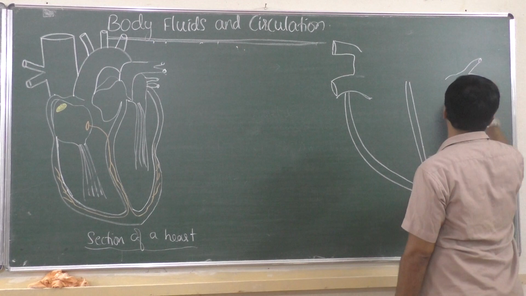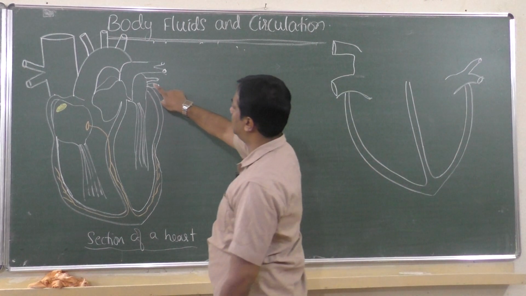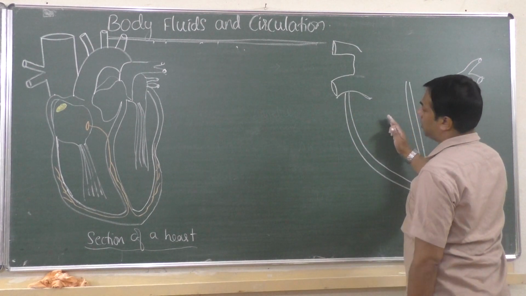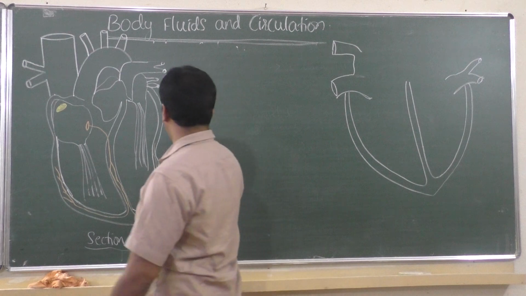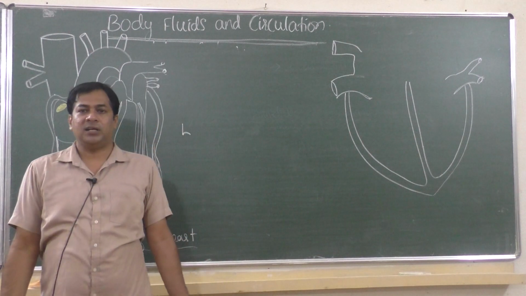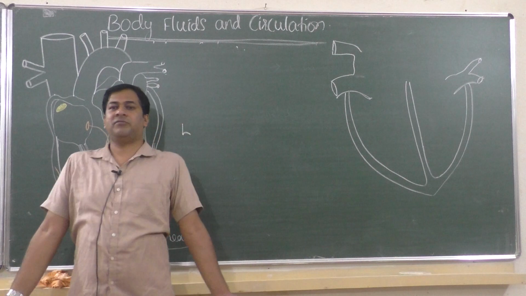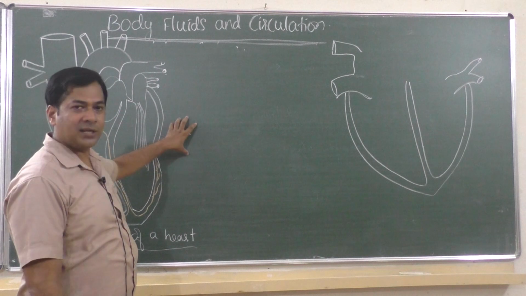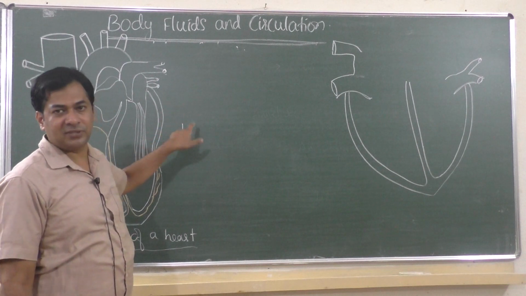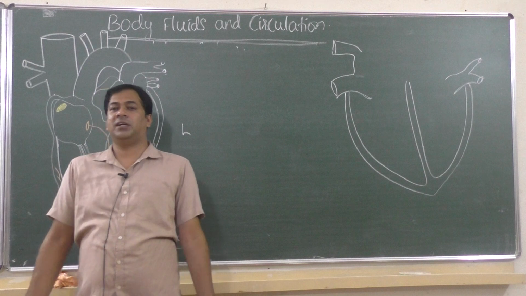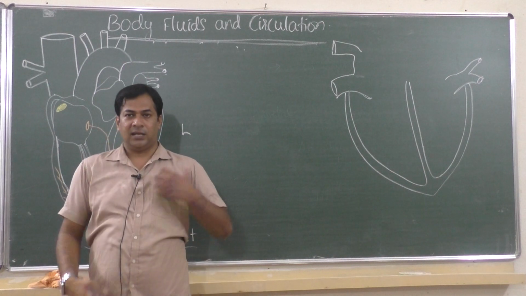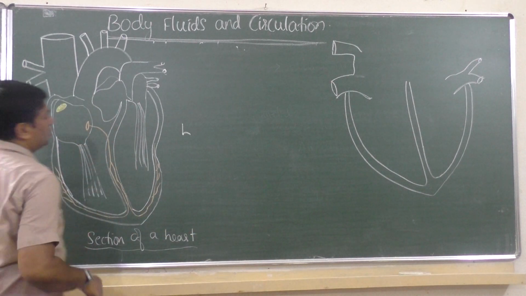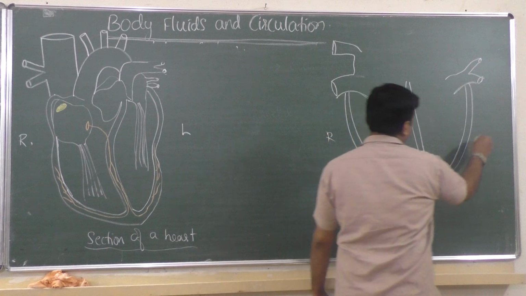Okay, so here you have to show two openings, that is pulmonary vein. Here also you can see they are showing two pulmonary veins here. And from the right part of the heart, see this is left part. Okay, why? Because I am standing in front of the heart, so this is left side. For you, when you are looking from there, this looks like right, isn't it? But actually this is a left side, because you should stand in front of it and see your heart. My heart is here, left part of my heart is here, so I am showing left here, so this is right side. Same here, this is right, this is left.